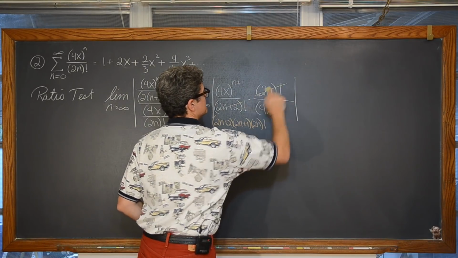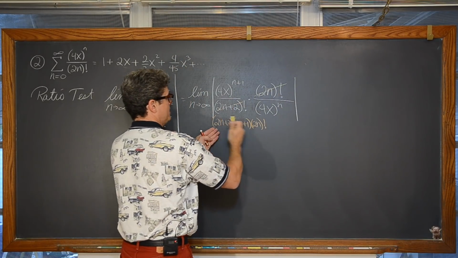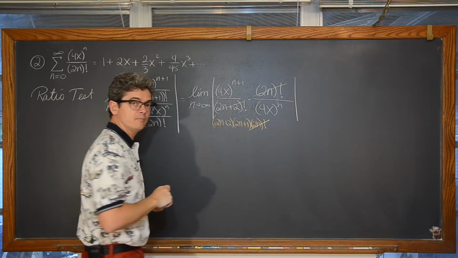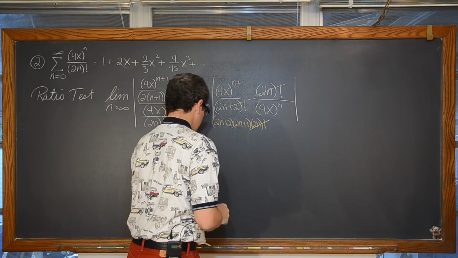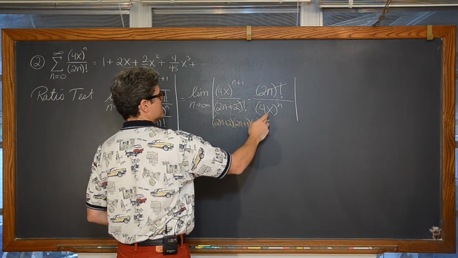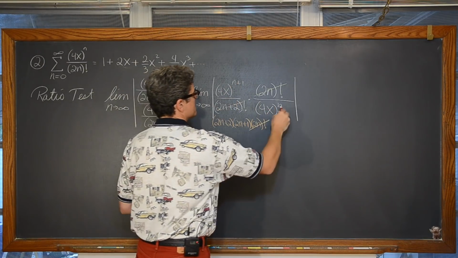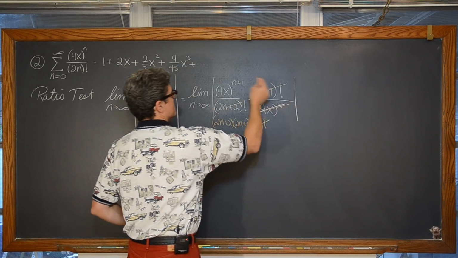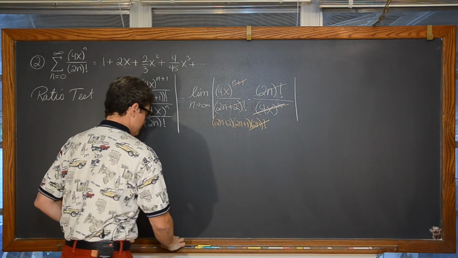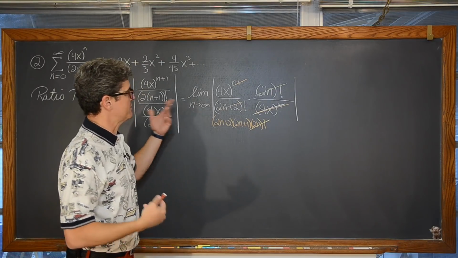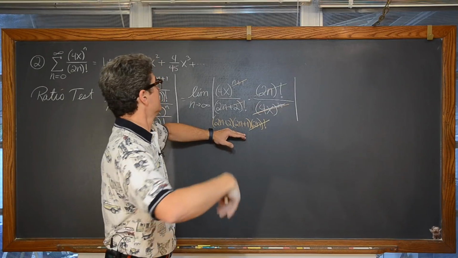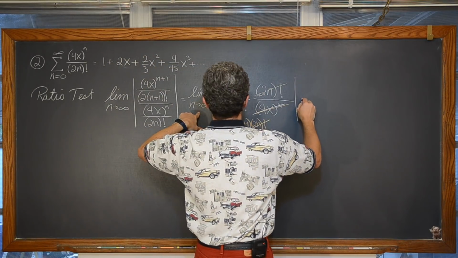This factor of 2n factorial, now that we've done a little bit of expansion on that factorial notation, is going to cancel out with 2n factorial. In the denominator of our second factor, we have n bases of 4x. Here we have just one more, so this is going to cancel out and leave us with just one factor of 4x in the numerator. This is really kind of simplifying, very similar to the previous one, but we have a lot of n's now in our denominator as opposed to the numerator of our last one.